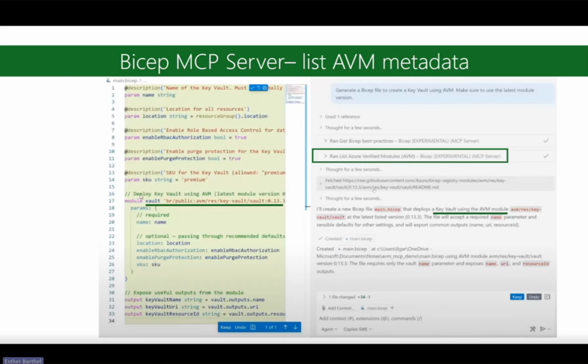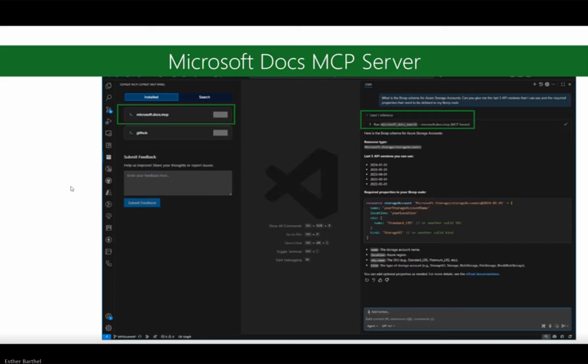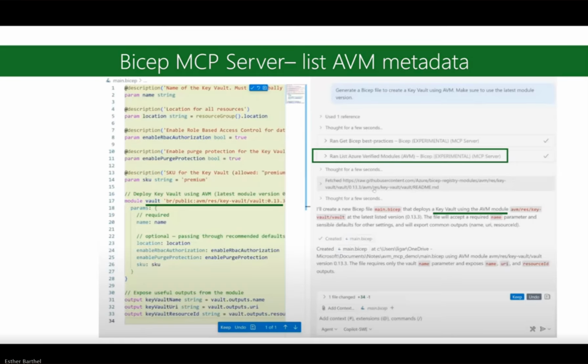And that results in the fact that now you're not just getting modules created to your local module files, but it can now also instantly refer to the Azure verified modules registry. And I think it also preferences those AVMs, right? When it tries to come up with a solution, it will check the AVM first. Is that still the case?